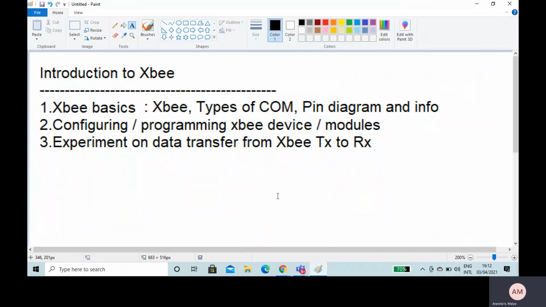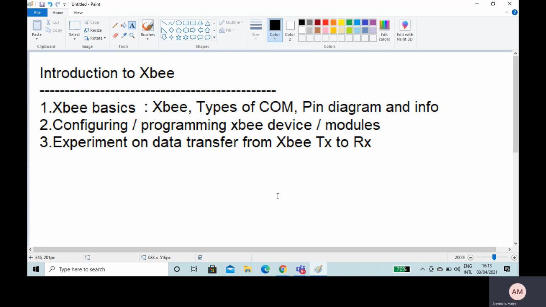So in this lecture, you will be learning about the XP basics. What is an XP? The basic types of communication between XP devices, and a simple introduction to the pin diagram and information related to the pin diagram.